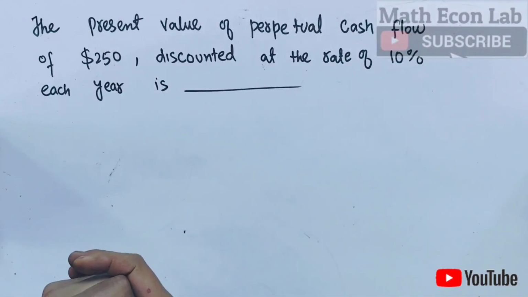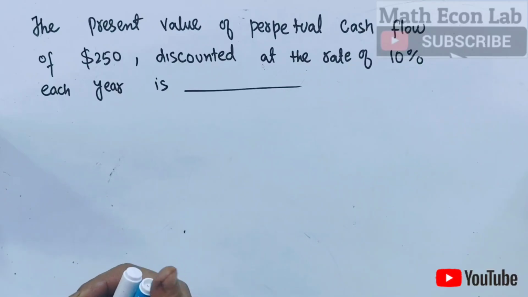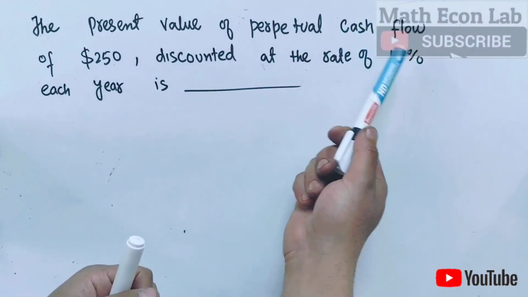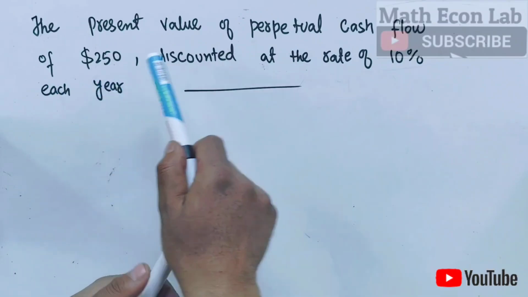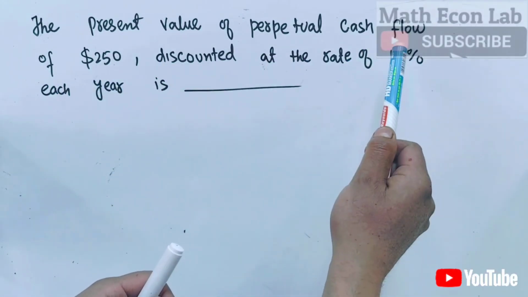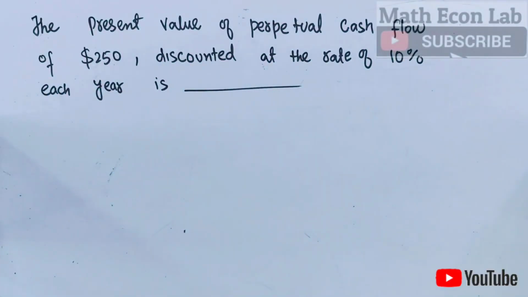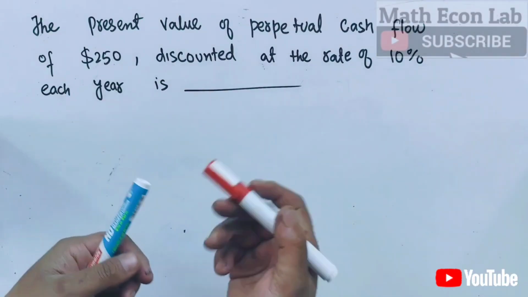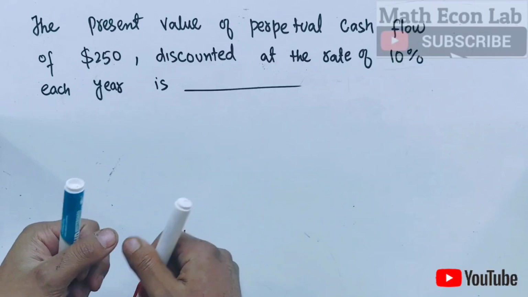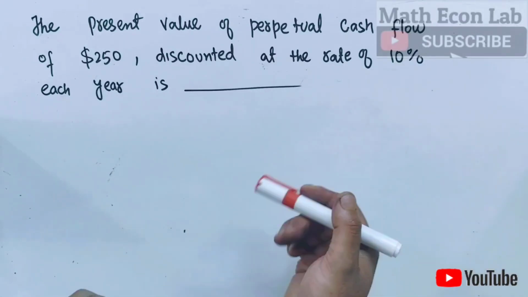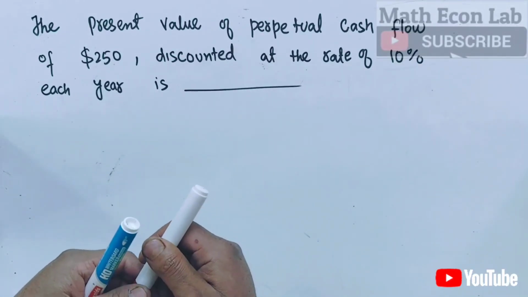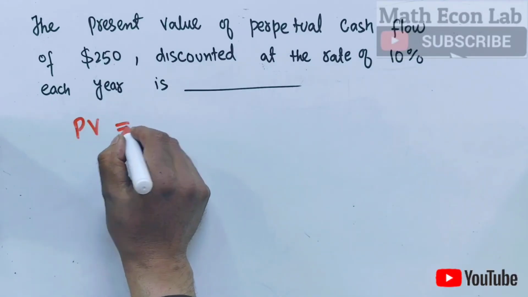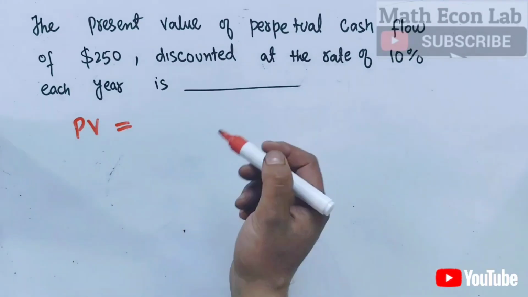The question is to find out the present value of perpetual cash flow. The question is, the present value of perpetual cash flow of $200 discounted at the rate of 10% each year is, we are supposed to find out. Now the present value of a perpetual cash flow is calculated by dividing the annual cash flow by the discount rate. Okay, so present value of cash flow will be equal to, so we have